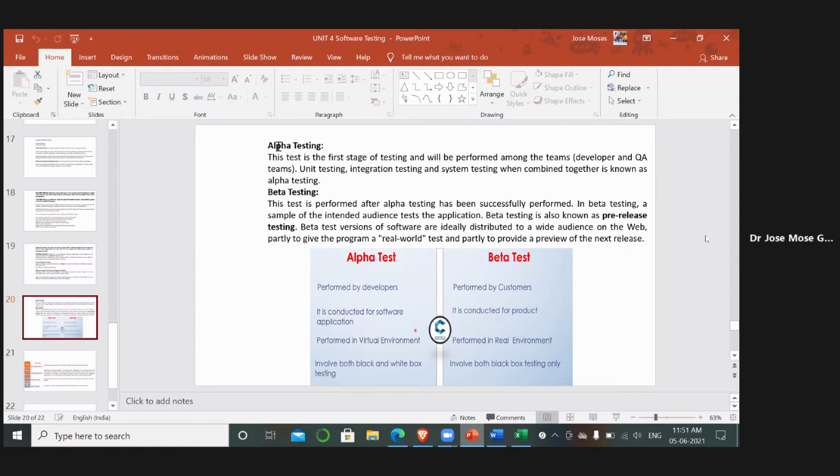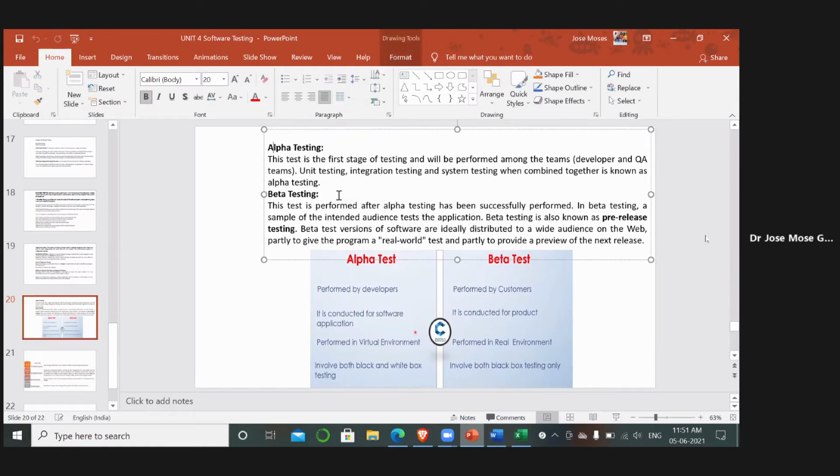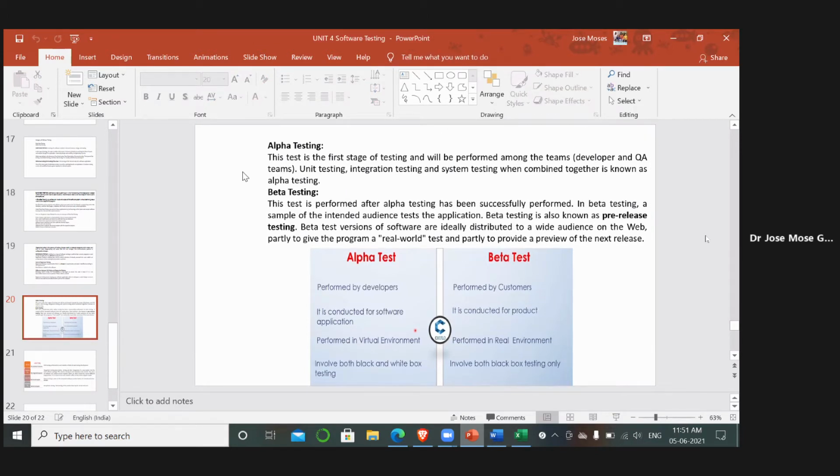That product will be given to the developers or the team who developed it, to get all the test cases tested. That is called alpha testing. The software developed by the developers in that particular organization, that testing is called alpha testing.